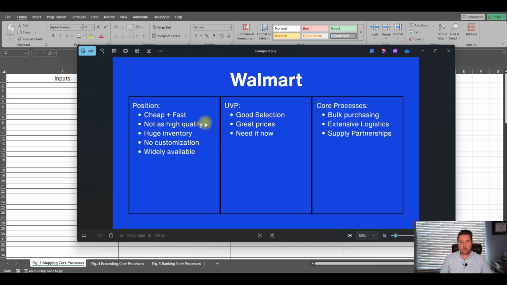I think we all know Walmart, their position. They're kind of on the low end of the market, offering good prices, good selection, but somewhat standardized. You're not getting something that's totally unique. So I think all of us can understand that. But if we look at how they are delivering on this UVP, they've got purchasing, bulk purchasing, that's a pretty big one,